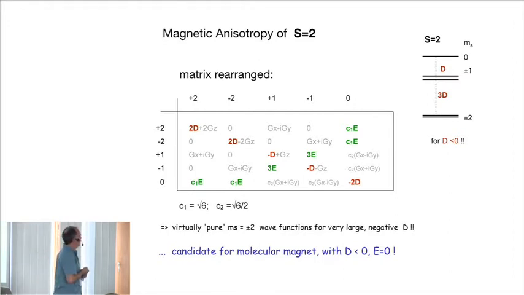would have an off-diagonal element which can mix the plus 2 and the plus 1, but that mixing will only be significant if the field would be very large, and that is not so easily possible if the D value is large. If the zero field splitting is, let's say, 50 wave numbers or 80 wave numbers, which may be possible, for instance, for a cobalt complex,